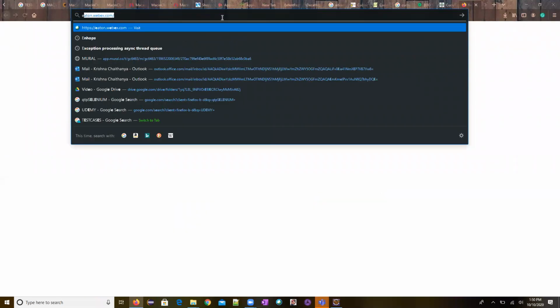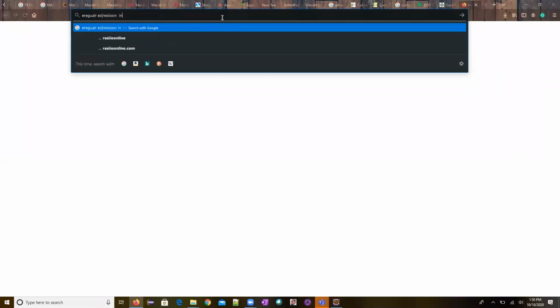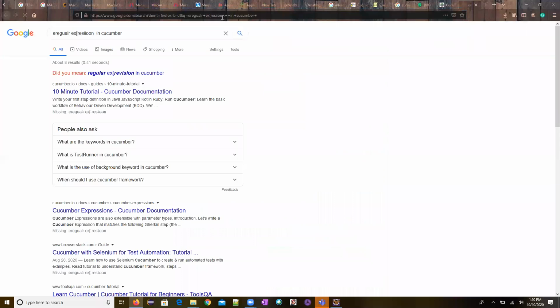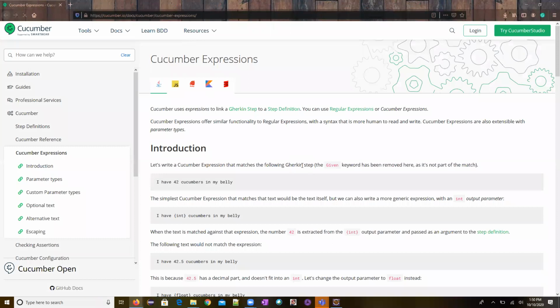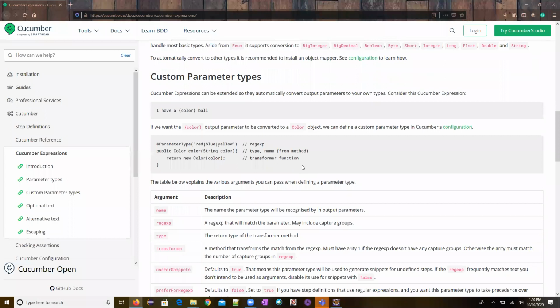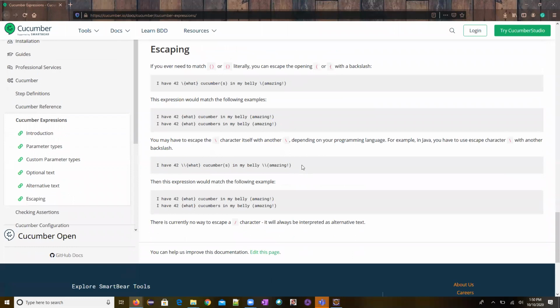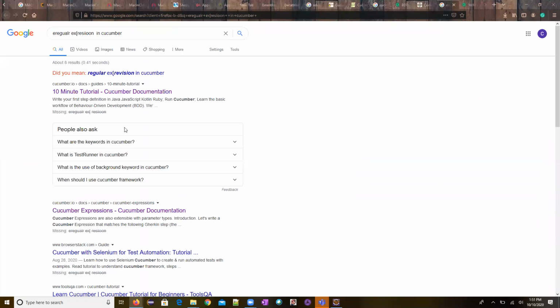Now if you see here, I'll come here and search regular expressions in Cucumber. If you read this, it gives you a lot of information, like how it will be changing into this, and 1 to 10.